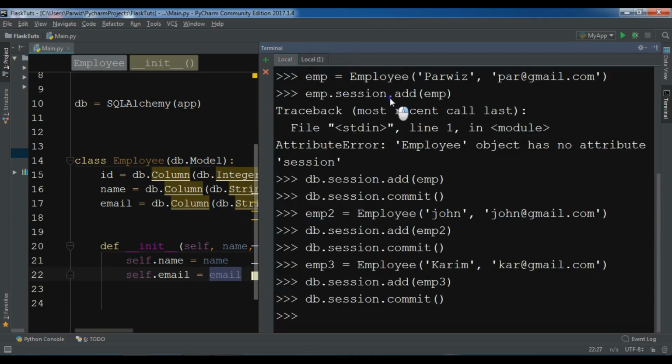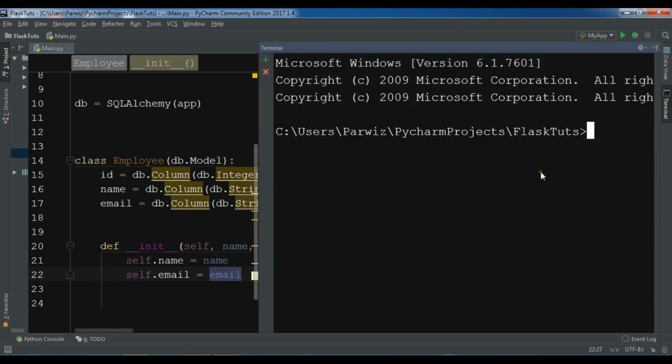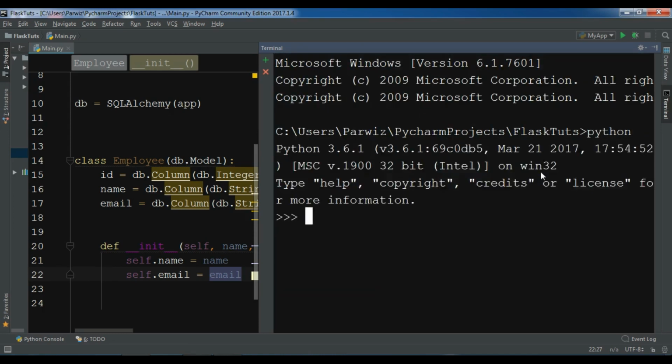I'm going to close the session. First I need to import: from main import employee. Now for retrieving data, you can simply write, for example, emp,